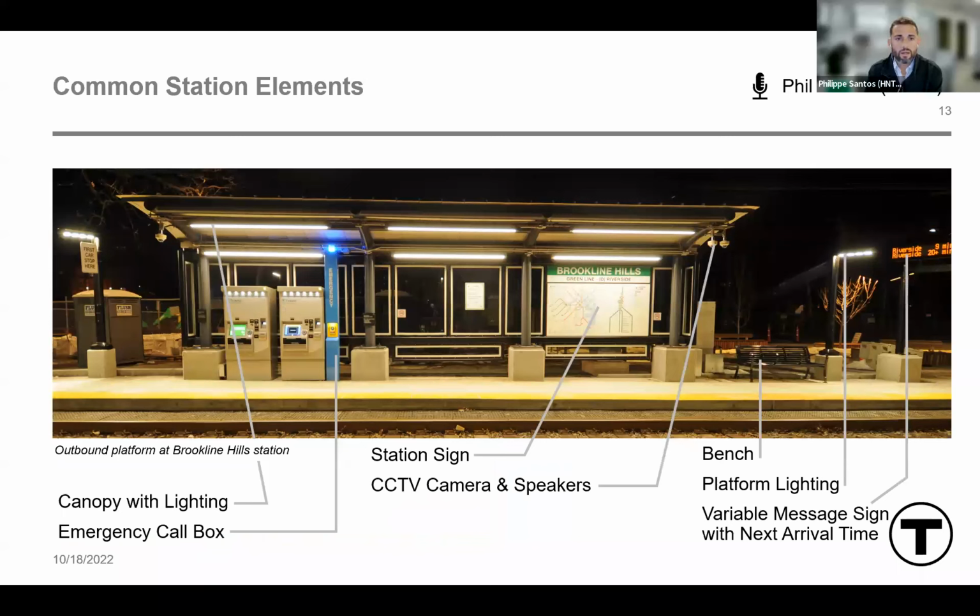Thanks, AJ. We want to take a little time to show you how we are incorporating your feedback into our design process. We want to make sure the spaces you will be using will be safe, accessible, and comfortable. The station elements you see here and on the next few slides will be included in the improved and modernized Mattapan Line stations and are similar to what can be found in some of the newly constructed stations along the